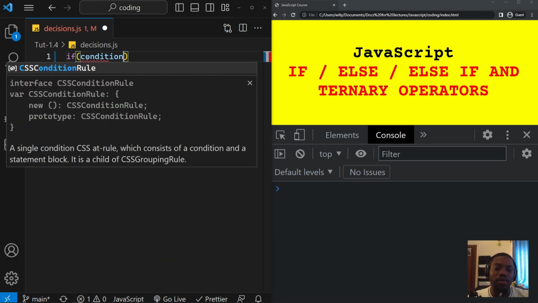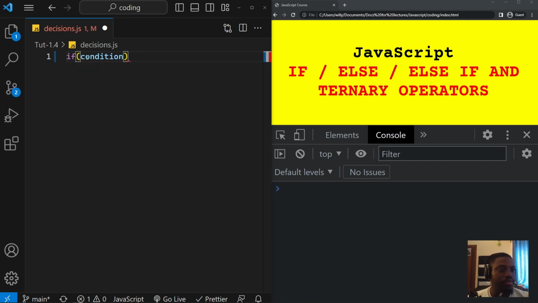So we have our condition here, followed by some curly braces, and within these curly braces is the code we want to run. Let me just put code block like this. This is the code we want to run once this condition is true. And mind you, this condition has to be true for us to run this code. Now we can just use this if-else statement like this, but then